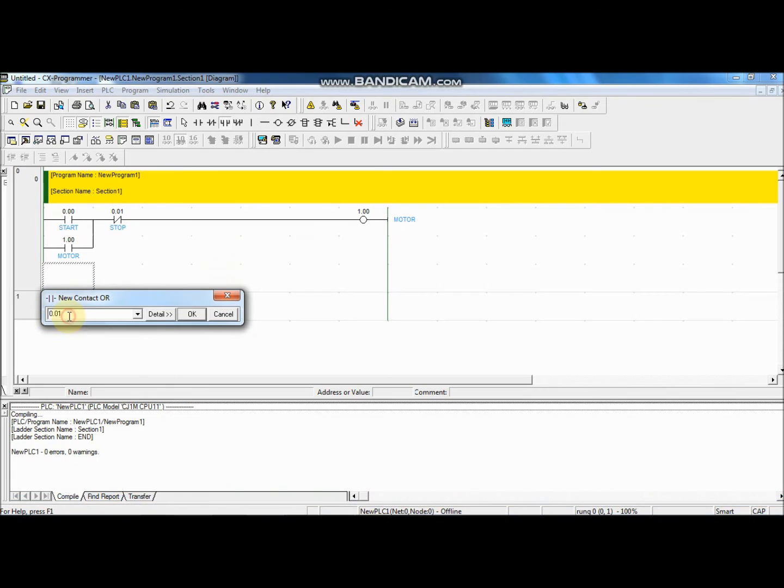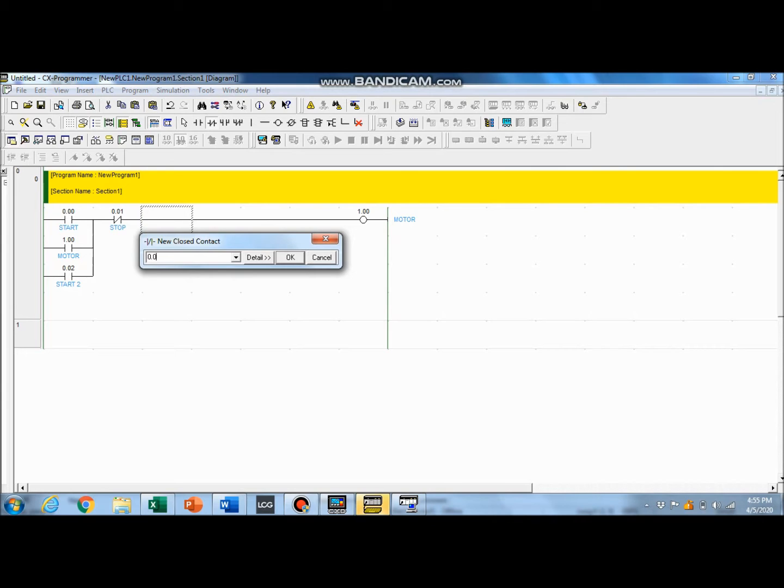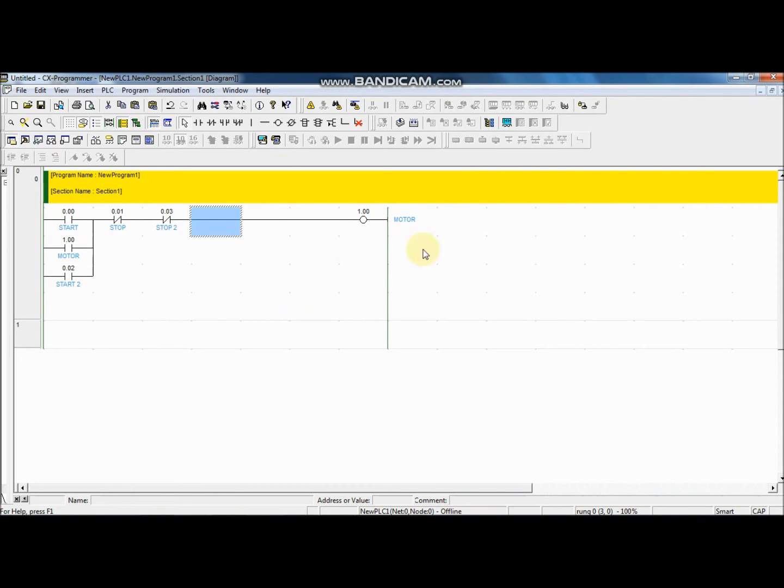This is for the stop, 0.02. And there is 0.03 for stop 2.